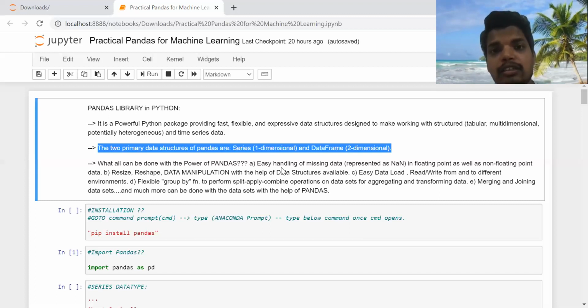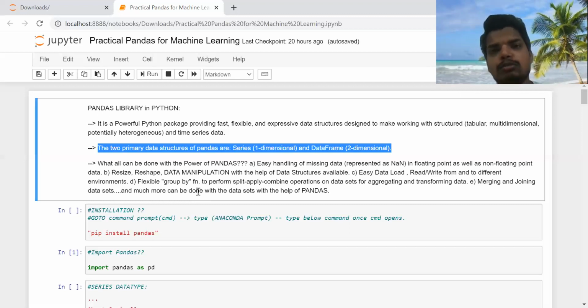Okay, then to read the data set, there are also some built-in methods and functions in the pandas library, by which you can load, read, and write the data set. There is also the group by function, by which you can group the data set based on certain levels or certain groups. It is similar to the group by function which we use in SQL, that is the database.